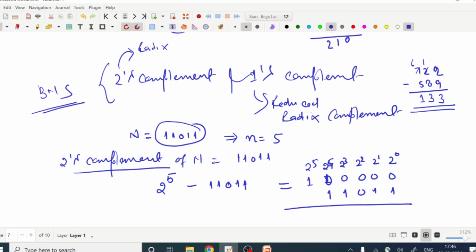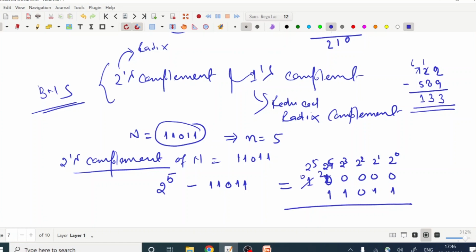Here we do the subtraction the same as we subtract numbers in the decimal number system. Only the concept of base is changed. Since we take a borrow from here, this bit becomes 0, then this is 0, this is 0. So first we take a borrow of 1 digit, which is coming in the form of the base. The base is what?